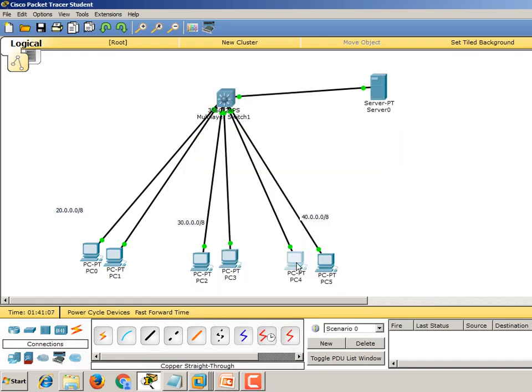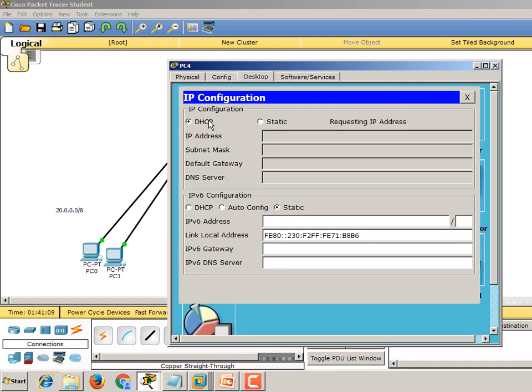Now if you go for the fourth network, 40.0.0.3, and you got 40.0.0.1.